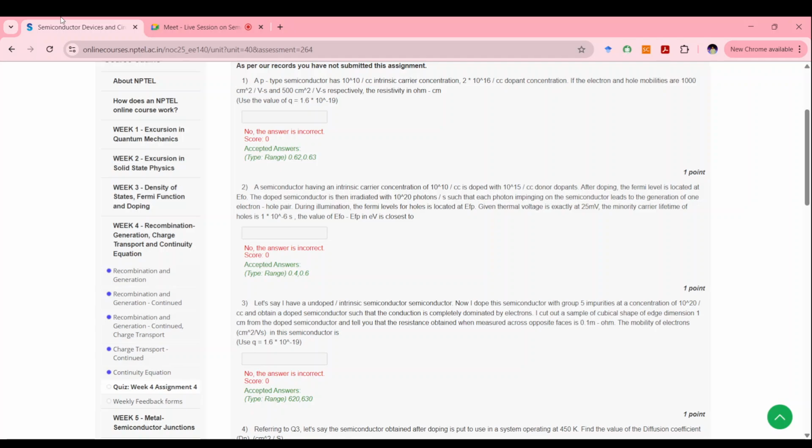Given thermal voltage is exactly 25 millivolts, the minority carrier lifetime of holes is, so they have also given tau p, that is 10 to the power of minus 6 seconds, that is 1 µs, and the value of